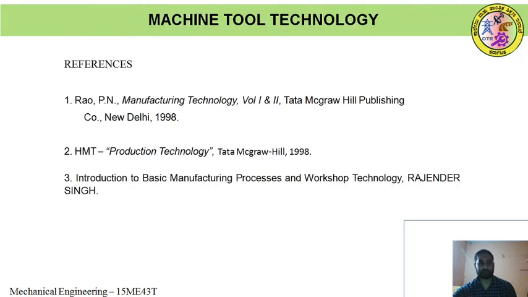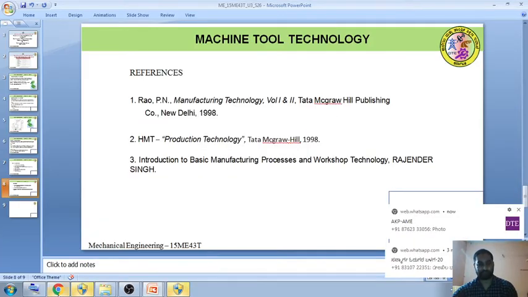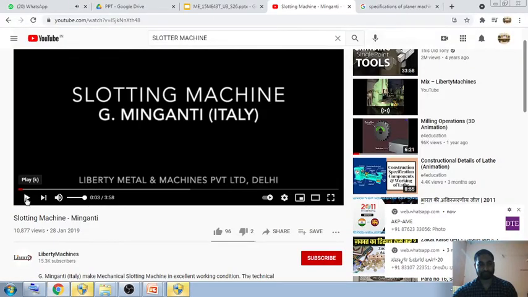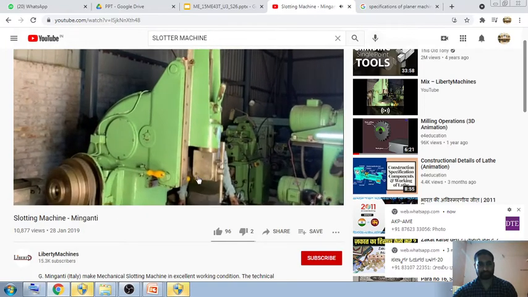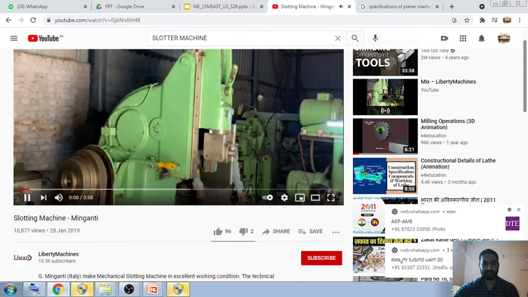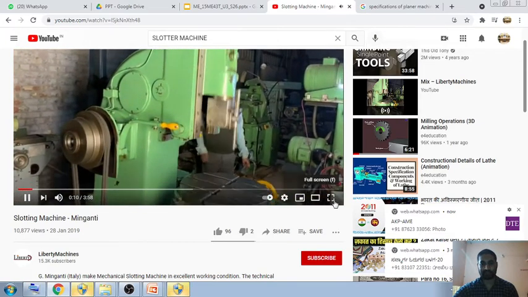Before ending this session, we'll just see the working of the slotter machine. A simple video. It reciprocates in vertical direction.